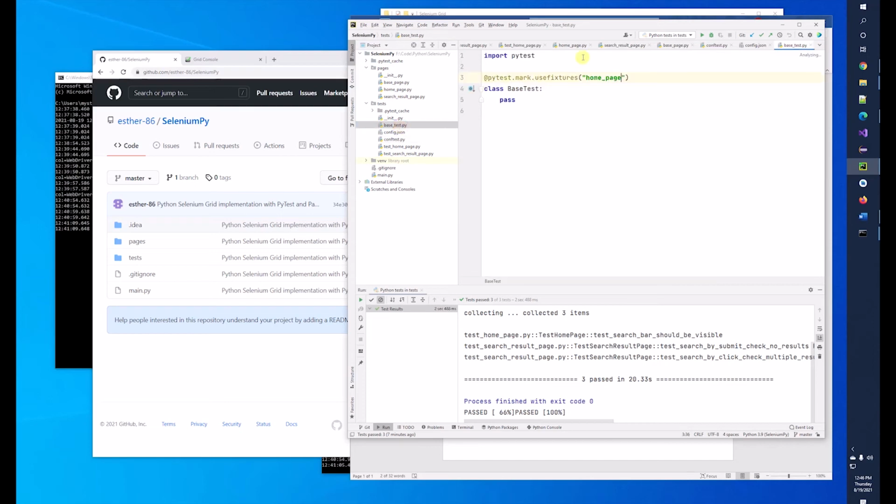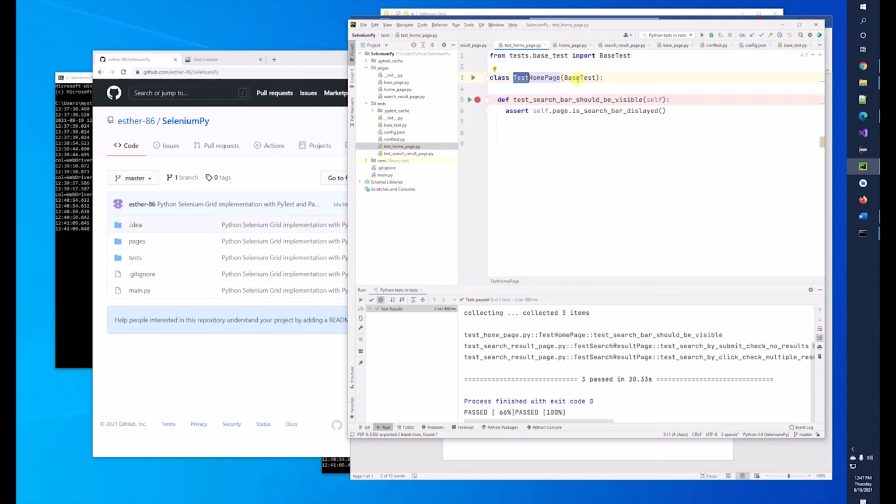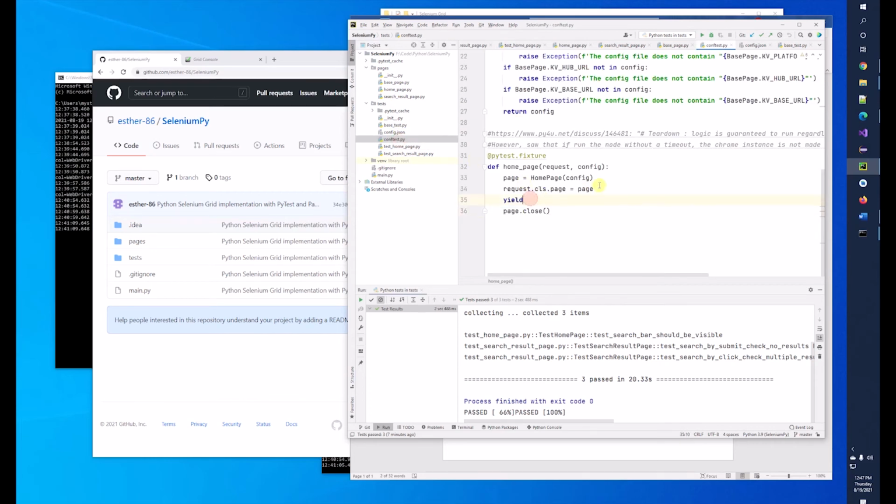And in my base test, I tell it to use the home page fixture for the base test. So it's always going to launch the website on the home page. And then all the test classes inherit from the base test, and then they have access to this page object that I set through the setup method. And then the JSON, and